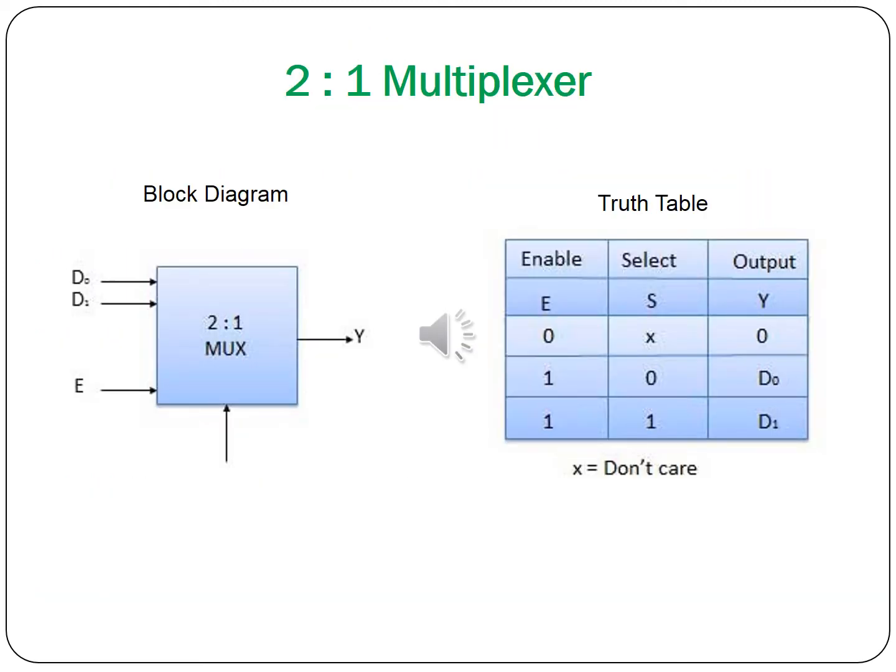In the multiplexer section we will learn the 2:1 multiplexer. A 2:1 multiplexer is a data selector, with 2 lines as input and a single line output. The 2 line inputs are D0 and D1.